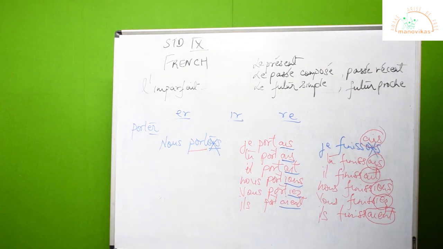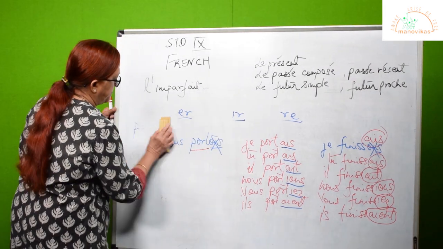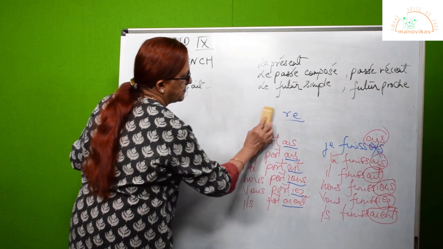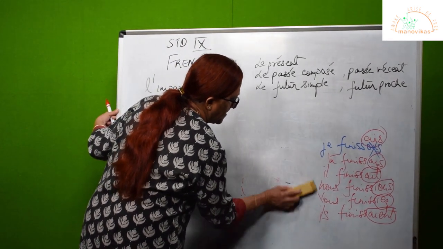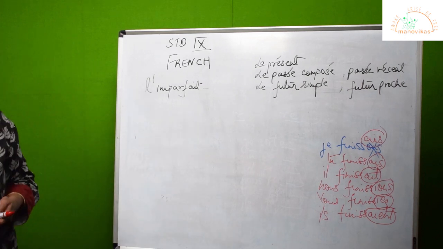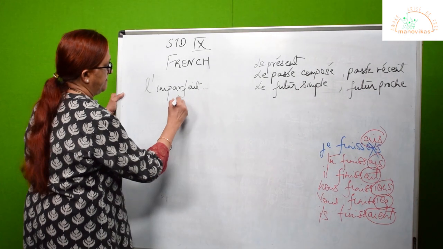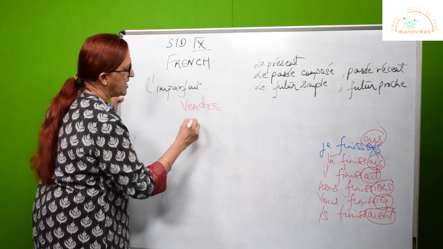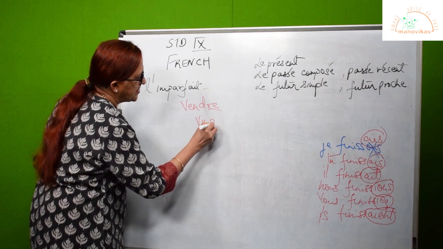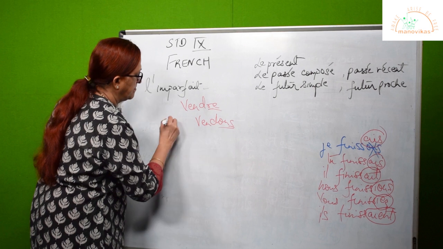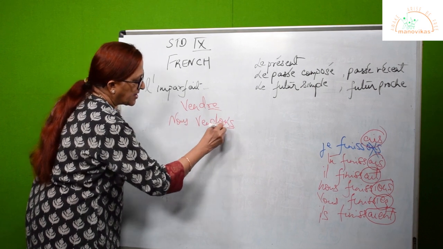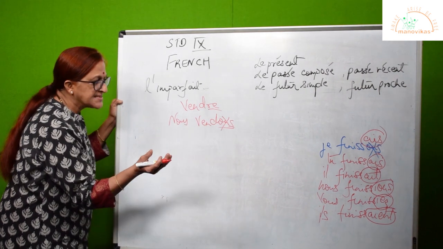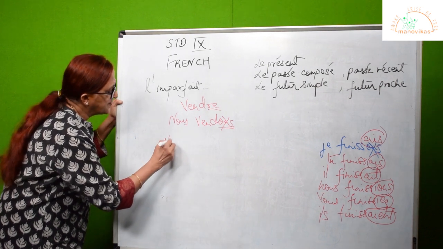Now, let me see what happens in the RE verbs. For example, vendre. Vendre is to sell. What were we doing? We were cutting off this RE and we were using ONS in the nous form. So now we'll cut off the ONS. We sell or we are selling. Now how will I say we were selling? I will cut off that ONS